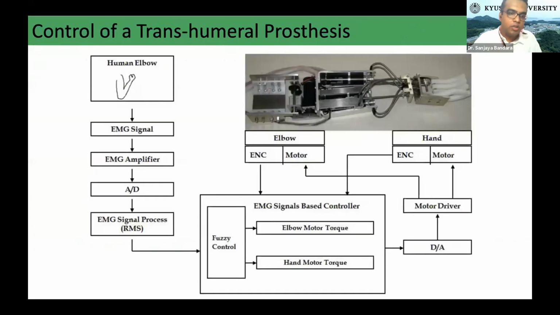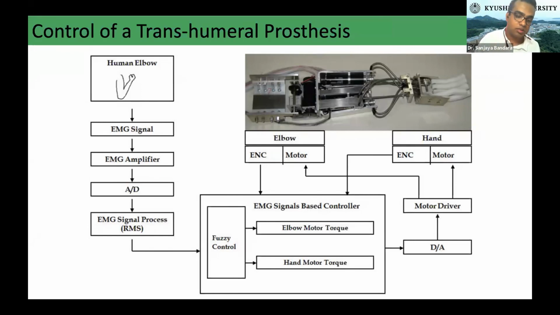Next, I will introduce you to the control of transhumeral prostheses. I think you are familiar with this term, transhumeral. This is the humerus bone. So the amputation is between the elbow and the shoulder at the humerus bone, so we call it transhumeral amputation. A transhumeral amputee can use a transhumeral prosthesis. Only for transhumeral amputees, we have the biceps and triceps muscles. No other distal muscles are available to control